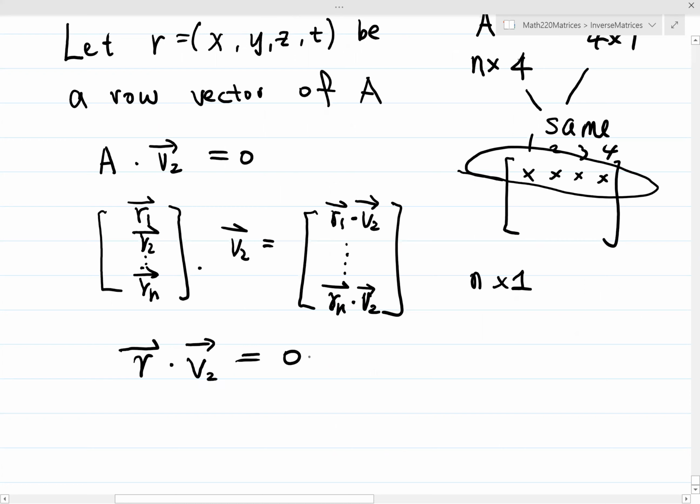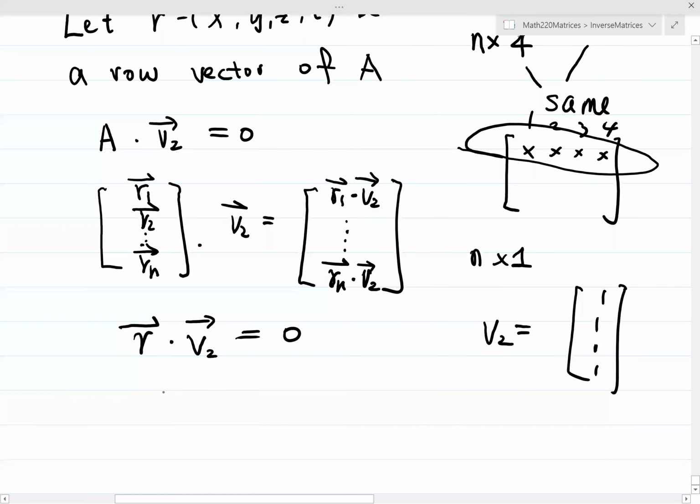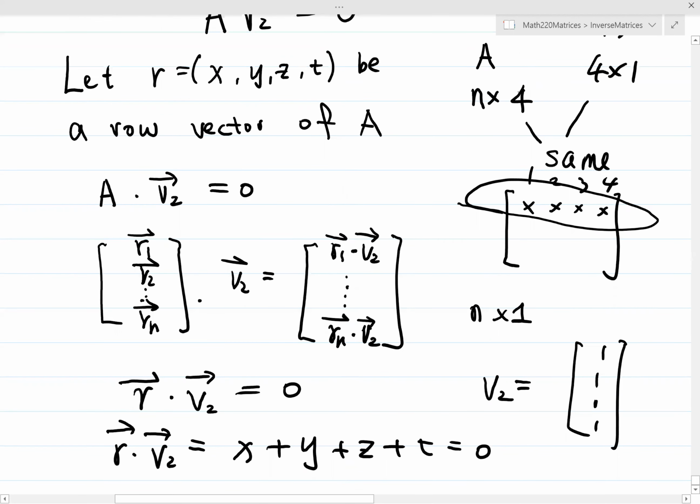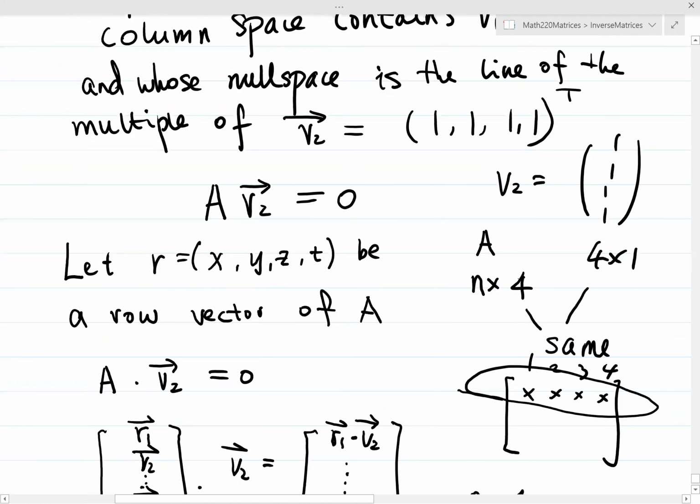Remember V2 is the vector 1, 1, 1, 1, and R is x, y, z, t. So R dot V2 is x plus y plus z plus t equals 0. Now if we choose the null space to be dimension 1, the null space is actually the span of V2. So it's a line, and a line has dimension 1. So the dimension of the null space